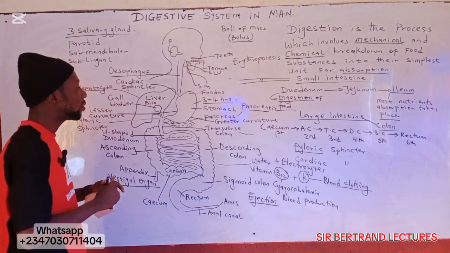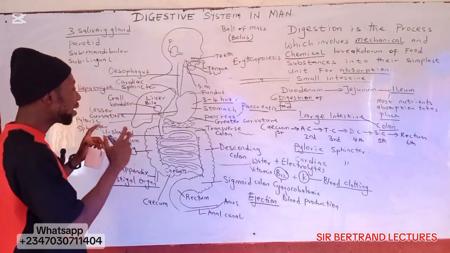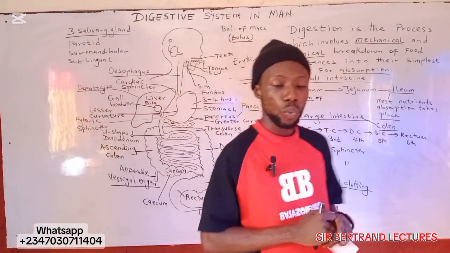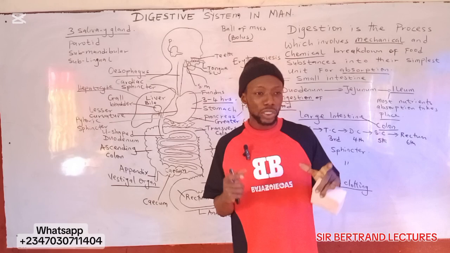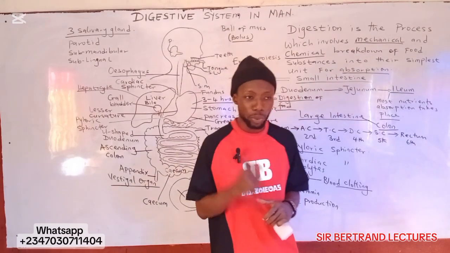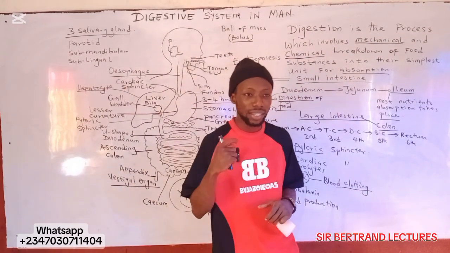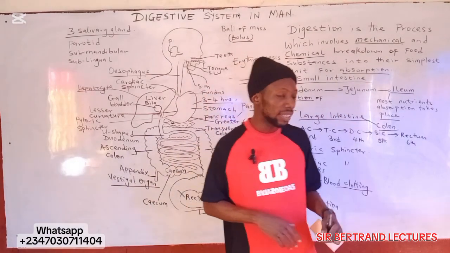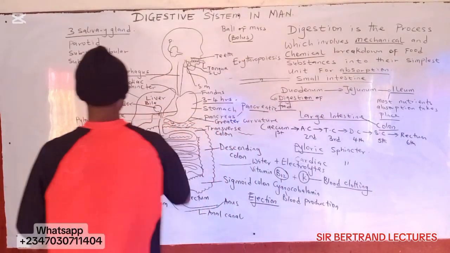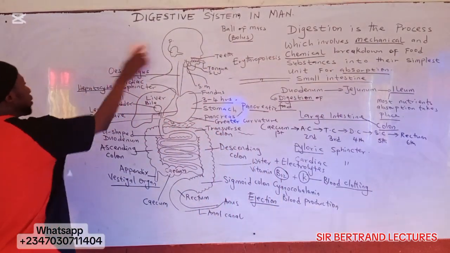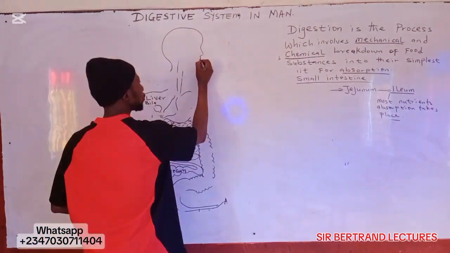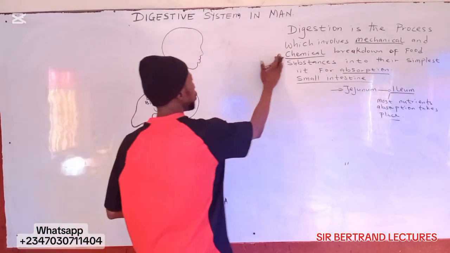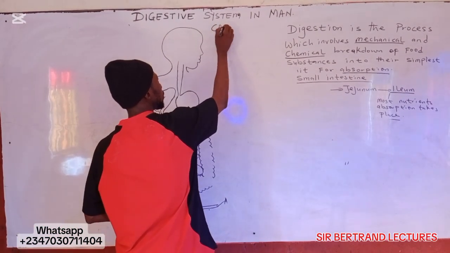So all this on the board here are the mechanisms and the roles they play during food digestion. Now we are going to look into digestion of carbohydrates, digestion of proteins, and digestion of fat and oil, and the roles this digestive mechanism plays during this digestion. I have to wipe the board because we don't have sufficient space for all this. Now we're going to look at digestion of carbohydrates.